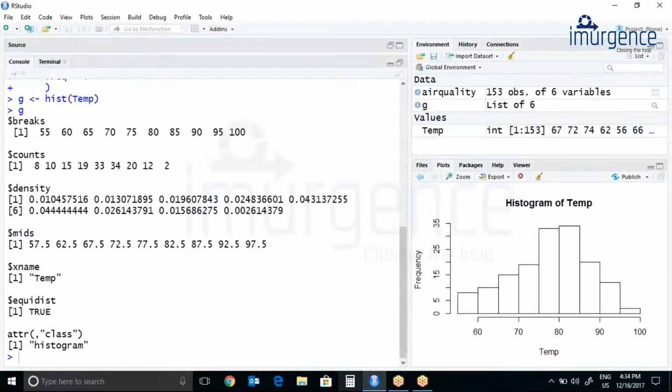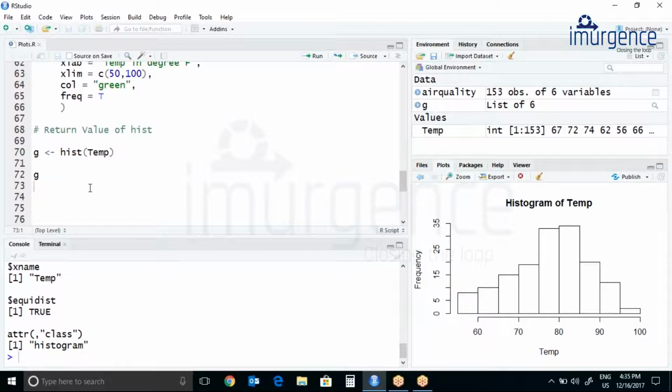Then we have xname, which gives the name of your x argument, and equidist equals TRUE, a logical value indicating if the breaks are equally spaced or not. Here also you can see class is histogram. Whenever you want to see any information, you can do that.